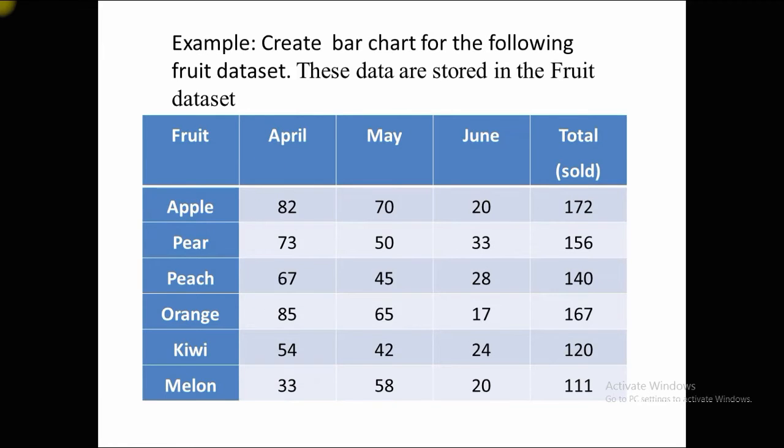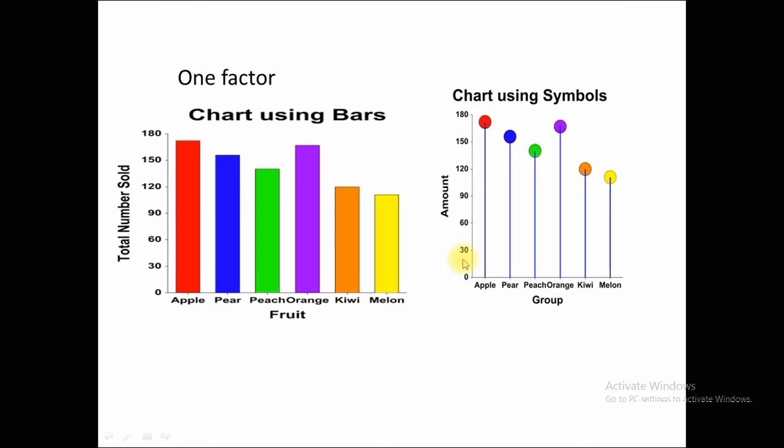the highest total sold amount is 172, so in this table this is the highest range 180, which includes the number 172. Now construct the classes, distribute this data in classes, and the gap interval will be uniform for each class. So from 0 to 30 is the first class, 30 to 60 is the second class, 60 to 90 another class, 90 to 120, 120 to 150 and 150 to 180.